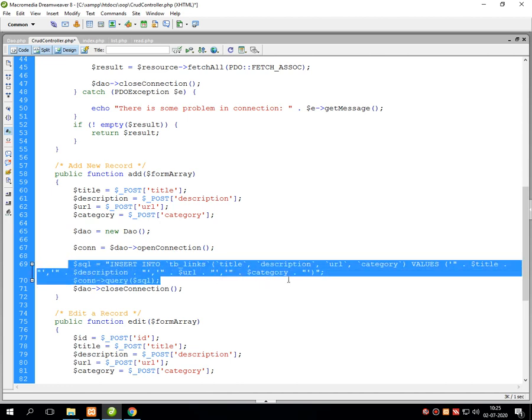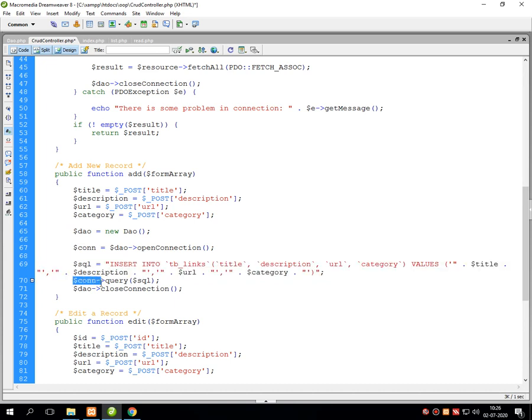After writing this query, it's time to execute it by the statement $connection reference to the query into the bracket SQL, which stores the relevant values into the database table, and at last the connection gets closed.